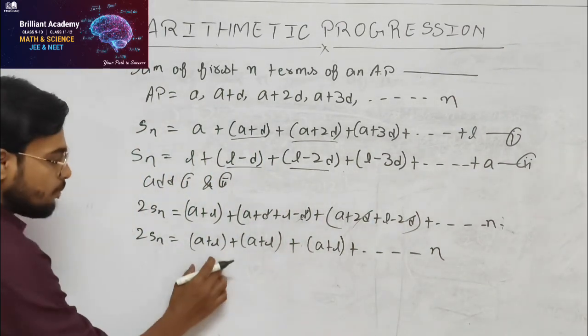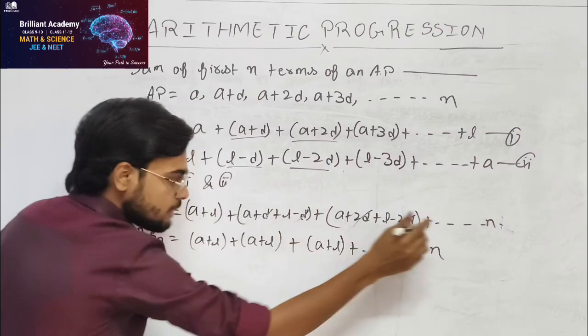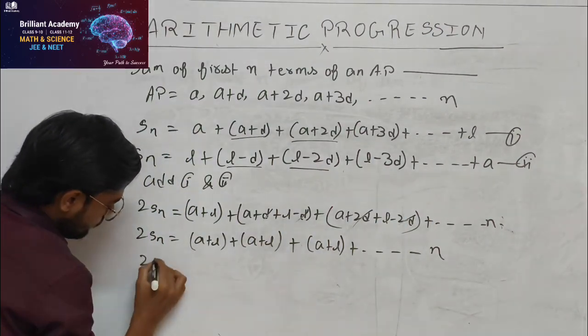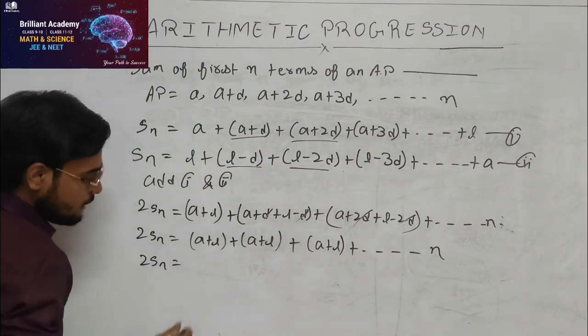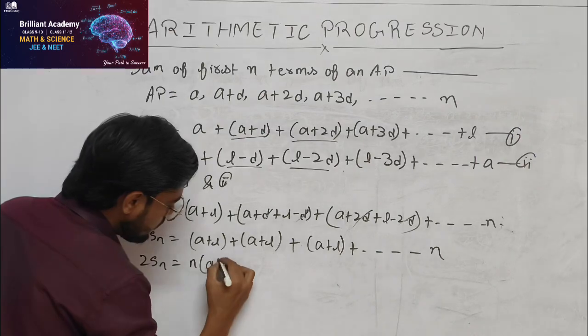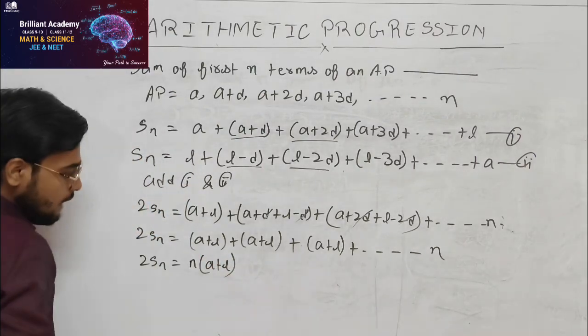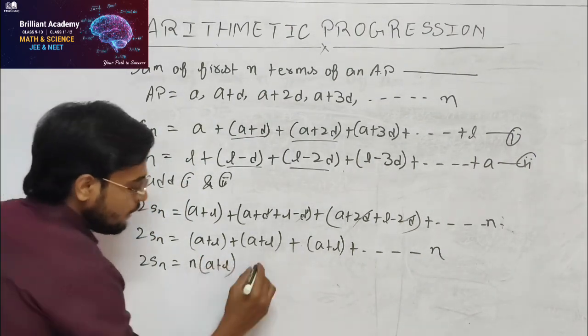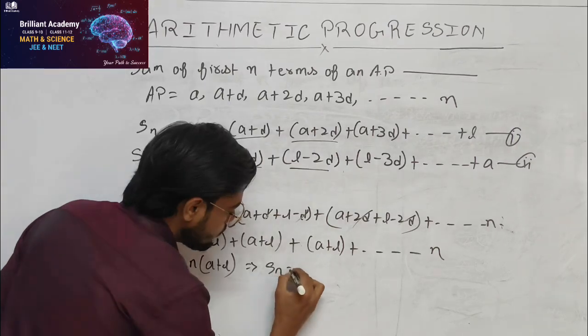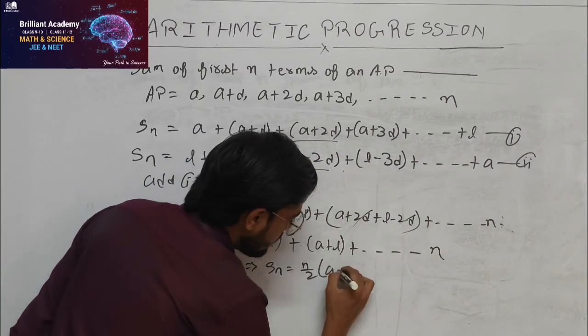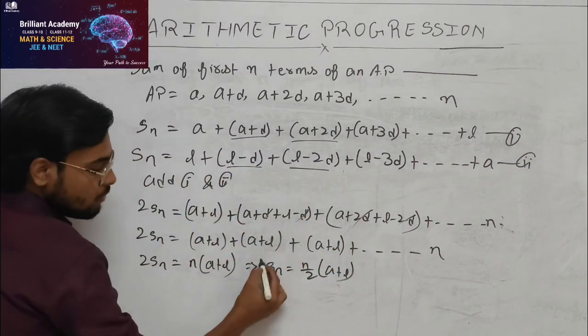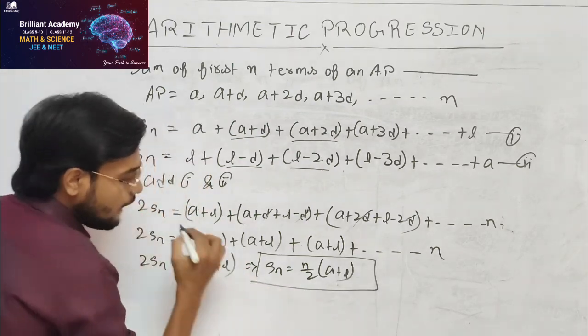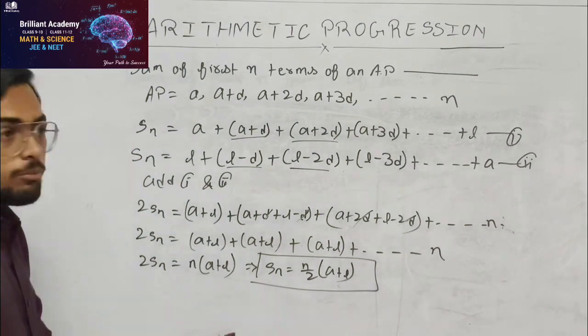So now look, a plus l, a plus l, a plus l up to n terms. Then I write 2Sn is equal to n times (a plus l). Now this 2 goes to this side, so this will become Sn is equal to n by 2 (a plus l). So this is one formula for finding the sum of n number of terms, but our formula is